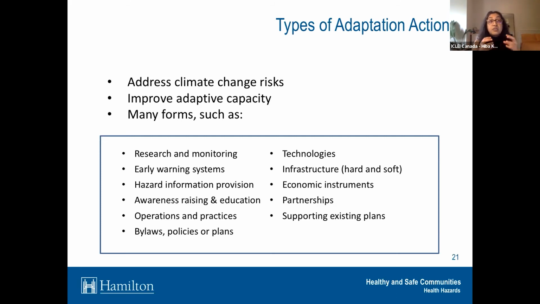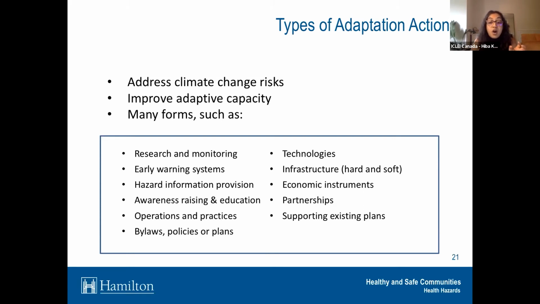There's certainly a really key step here in developing actions that improve awareness and education, whether that's something like a flood preparedness campaign or an awareness campaign with developers and homeowners, right? We want to work on a good subset of these actions as well, because they generate support for adaptation efforts at large. And they encourage that voluntary and individual effort as well, around lot level flood risk reduction, energy conservation, water conservation, things like that.